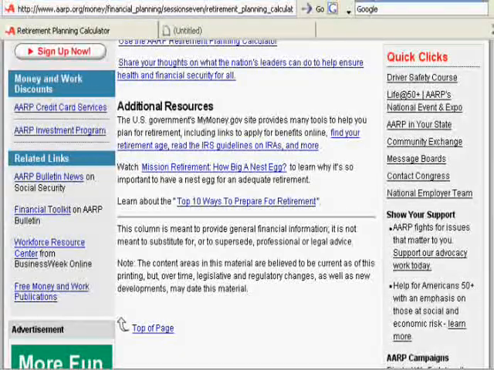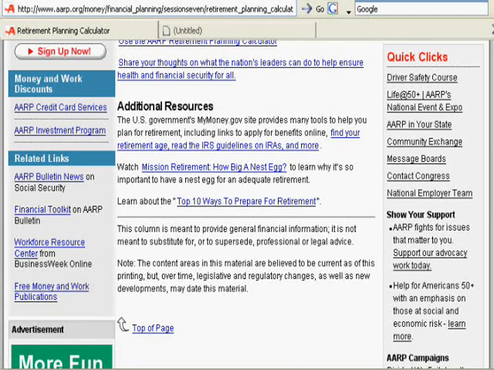This short tutorial will cover using a retirement planning calculator and trying to determine how much money you need to save for retirement, which can be a little bit confusing if you talk to a financial advisor or an insurance agent or a registered investment advisor. They may or may not provide this as a complimentary service, but a lot of times if they do,